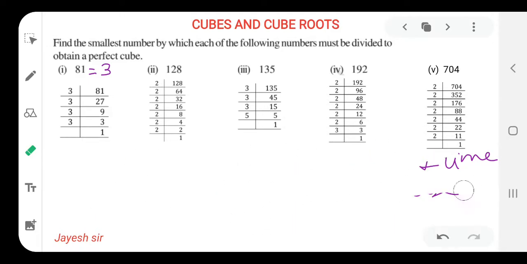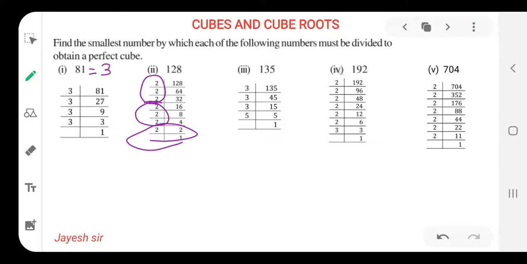If you are capable of solving on your own, pause the video and try to solve on your own, friends, as I am solving here for you only. Let us make the pair of 3. Pair of 3 is made. Again the pair of 3 is made. Yes, again a second pair of 3 is made. Now we are left with 1 2. That means the number should be divided by 2. That means 128 should be divided